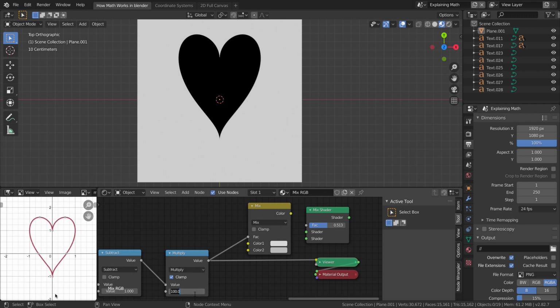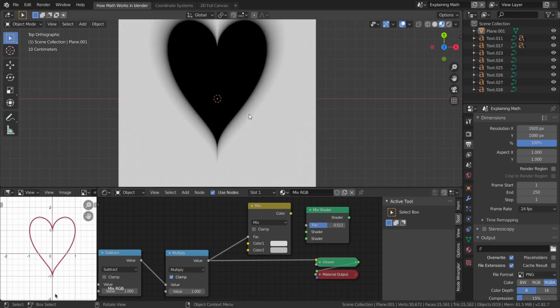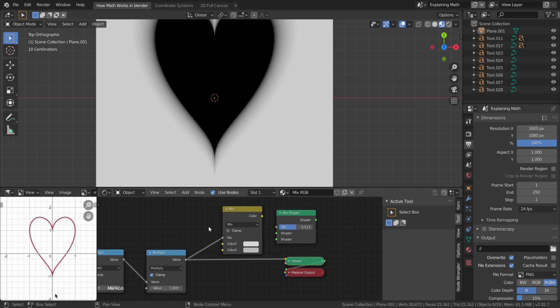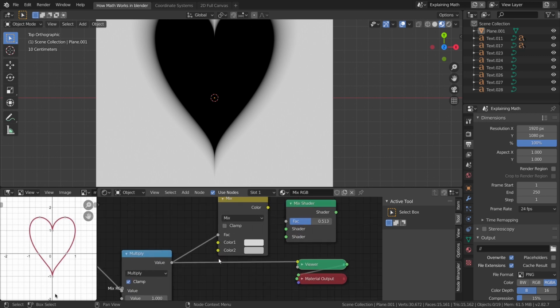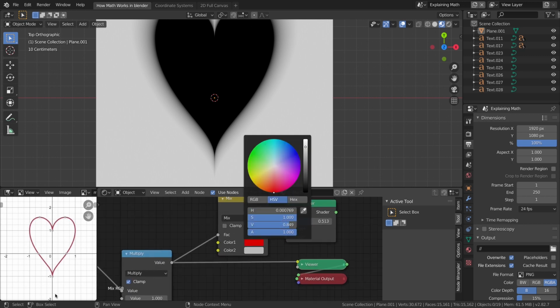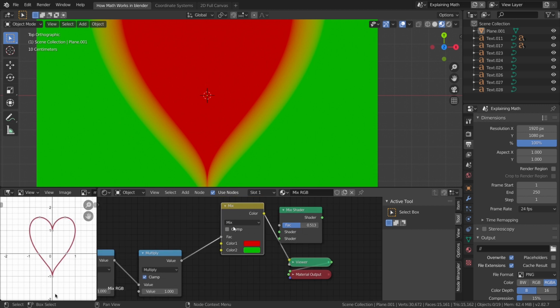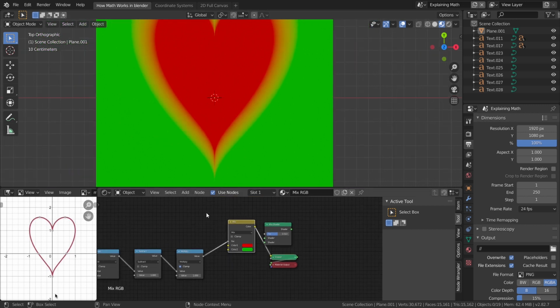Let me change the multiplication factor to 1 and let's see. When I do that, you can see there's a gradient of gray surrounding the heart. So as I told before, it means it will take a little from each color and mix according to the mode we have chosen. And here we can see there is a mix of both red and green. This is what I mean by masking.